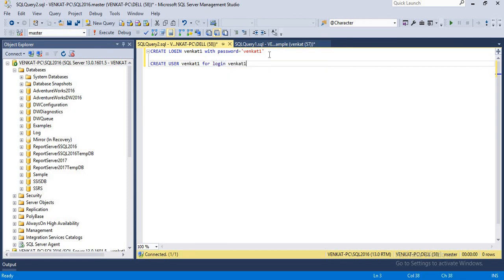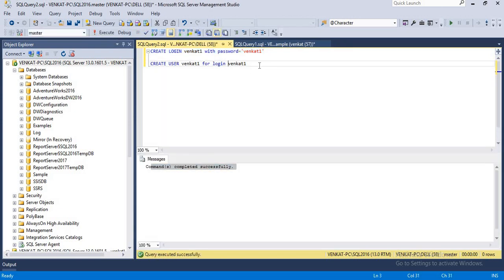Let me create the login here first. Created successfully. Let's create the user for login. It is done. Now let's give a privilege on a particular table. So grant select.